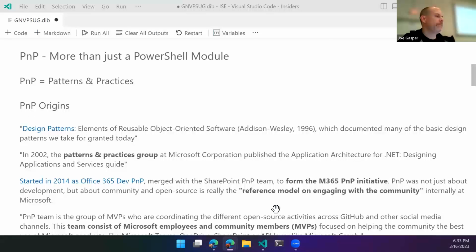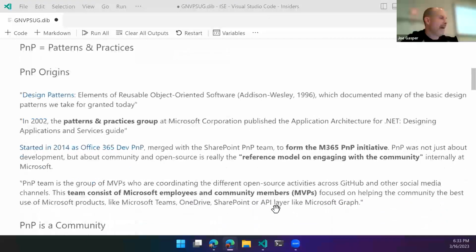I really wanted to talk about this before we get started into some coding, because this is just a really helpful module. It is the go-to module for a number of applications in the Microsoft 365 cloud. PnP is more than just a PowerShell module, as we'll discover. PnP stands for patterns and practices, and that is a way that